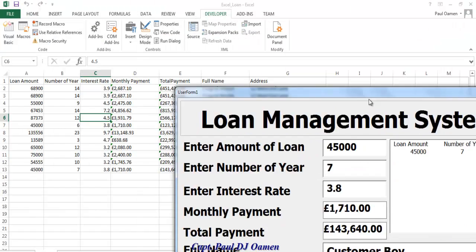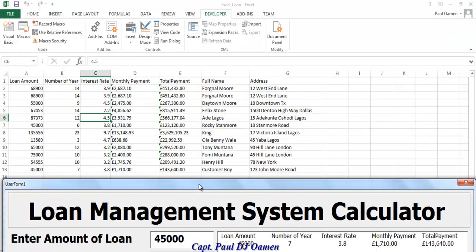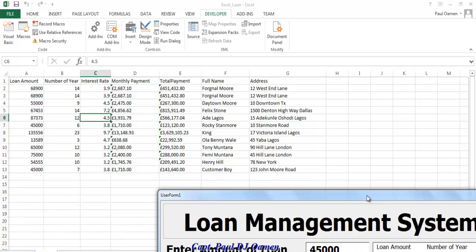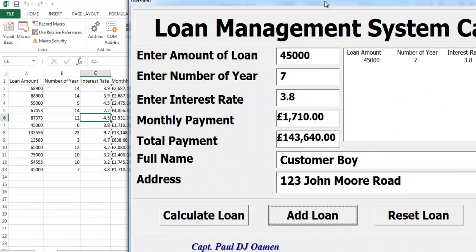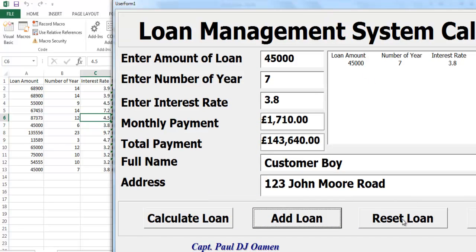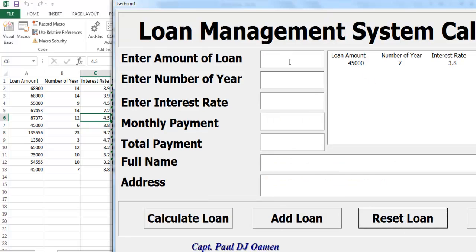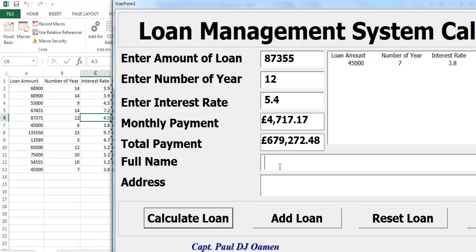If you look into my spreadsheet, Mr. Boy's details is right there. So let's add another person's details. Clear that, and let's come in here. 87,000, and number of years 12, interest rate at 5.4. Enter that. Name for this customer, let's go for